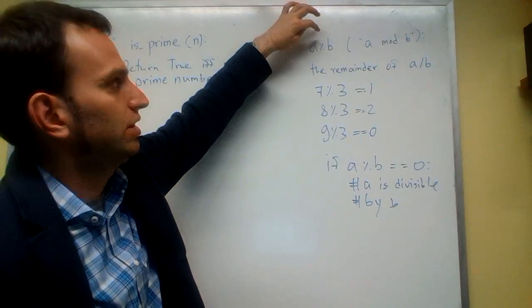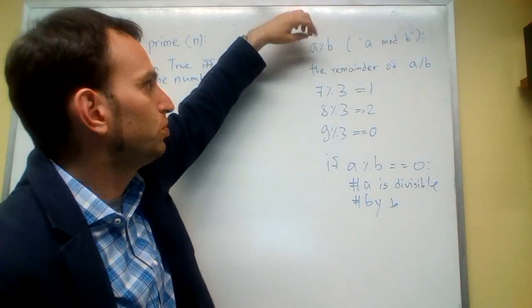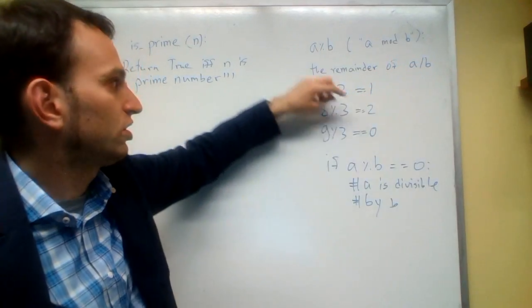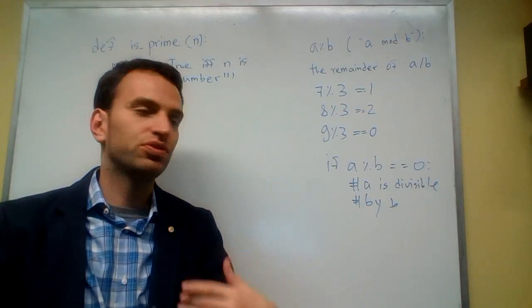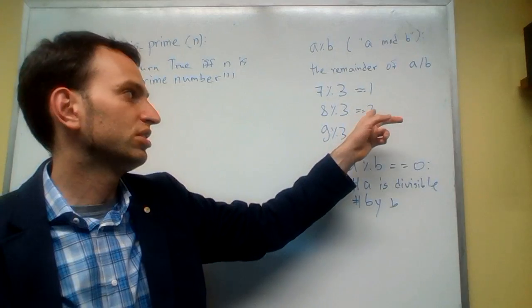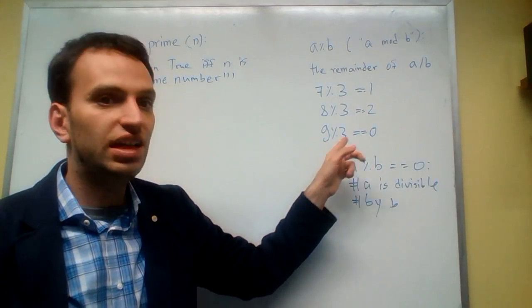So this is the operator, it's the percent sign, it's usually pronounced "a mod b", and it computes the remainder of a over b. So for example, 7 mod 3 is 1, because if you try to divide 7 by 3, you get 2 with 1 as a remainder. 8 mod 3 is going to be 2,